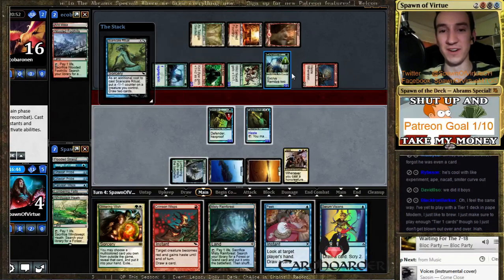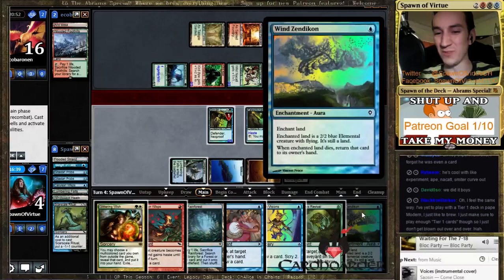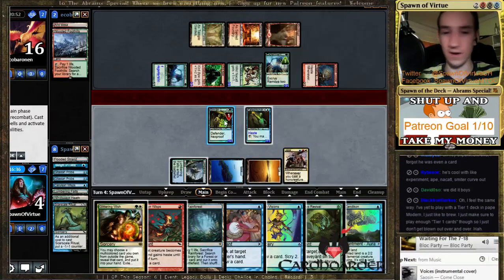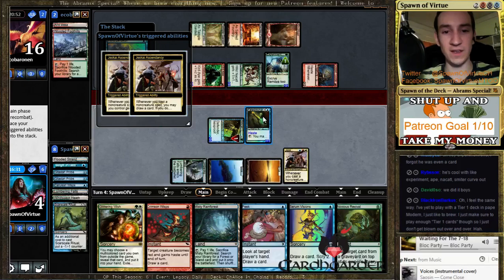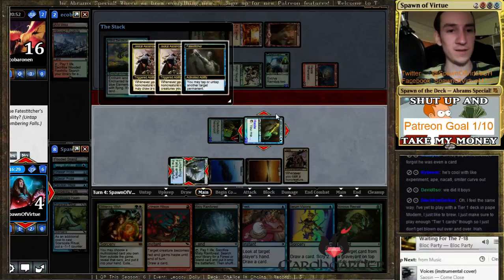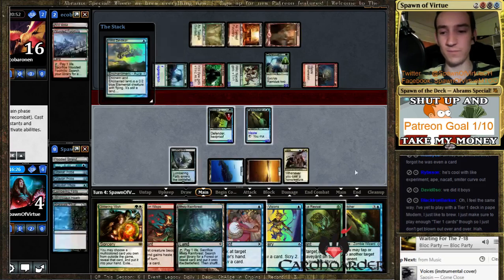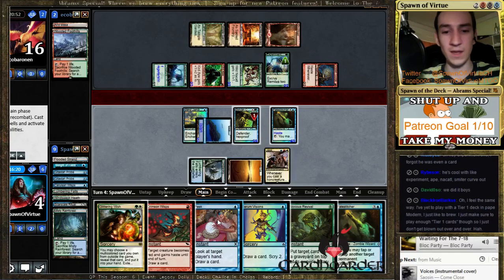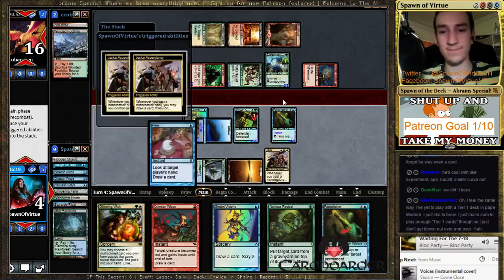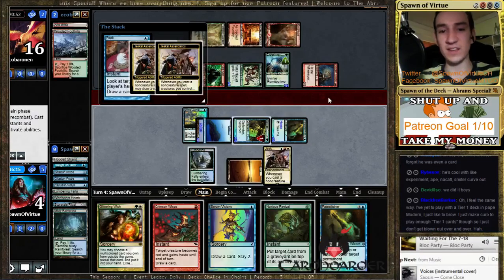Some random regenerate on his experiment one. Okay. Random regenerate is random. Alright, Wind Zendikon. I'm going to put it on the island because I like fast tapping for blue. It's something that's pretty important to the deck. Just speed of combo. Combo speed. Oh, meant to discard the Stitcher there. I was already going for the Misty though. Peek. You see, like, Caryatid, for example,